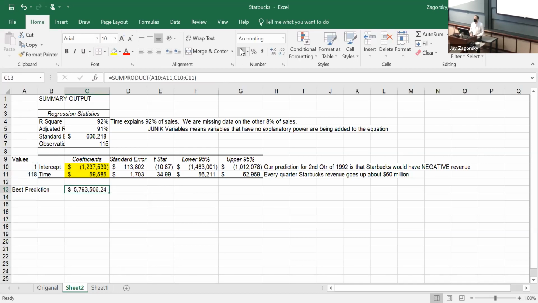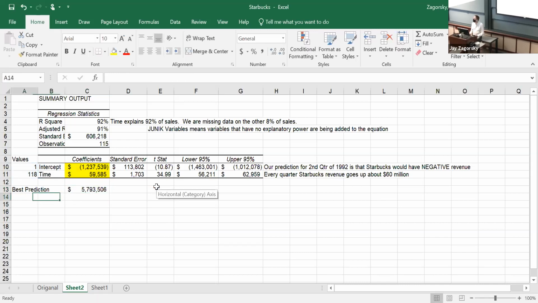Our best prediction will be Starbucks will sell $6 billion worth of coffee. The function I used was SUMPRODUCT A10:A11, C10:C11. This is small enough that you can actually just type it out. You can just type equals minus 1.2 billion plus 59,585 times 118.